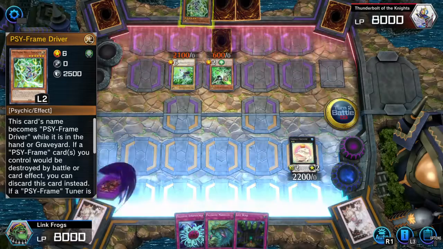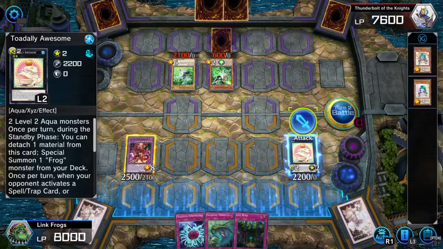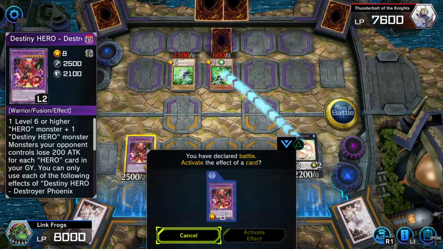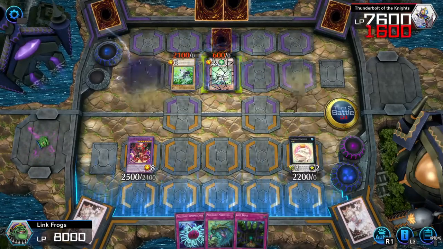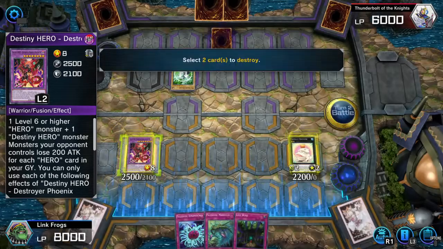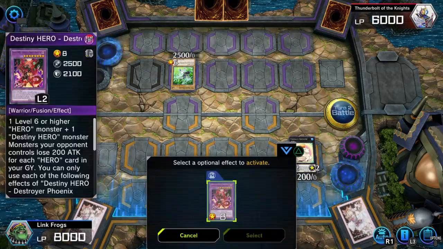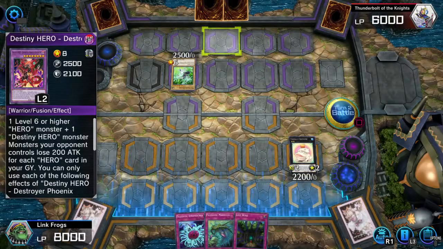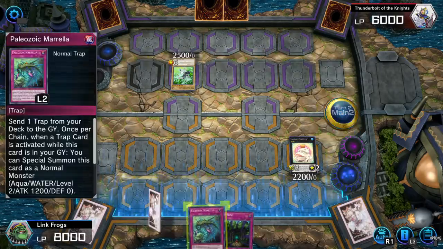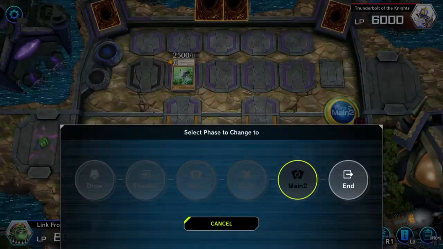Oh boy, another one? What? What does it do? It protects it from being destroyed. I mean, what? I'll just do that then. And now I can do the Destiny Hero Destroyer. And I'll just destroy the back row. I'll activate its effect. Main phase 2, I'll set everything. And that'll be all for my...